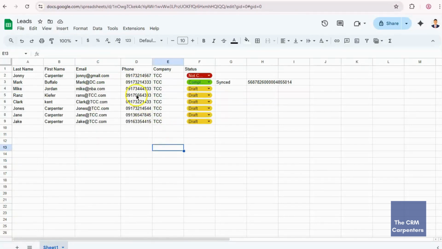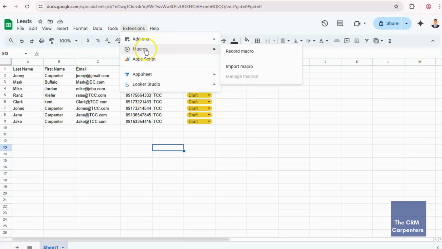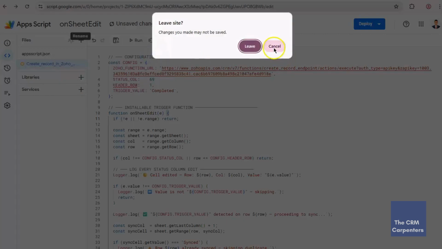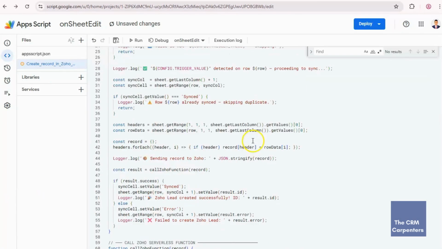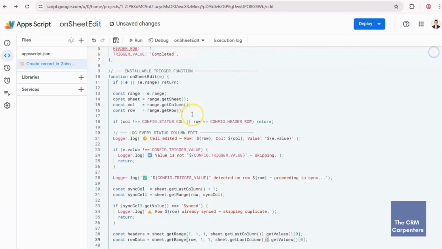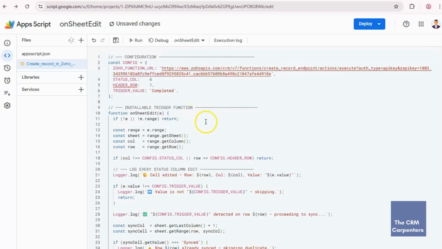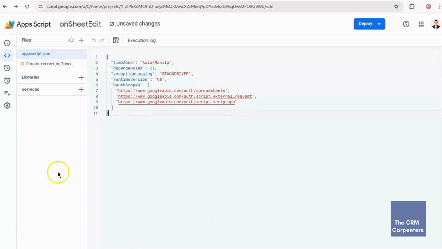And so to begin creating the app script, we need to click this extension tab and click the app script. And so here is the app script ready for us to use. And we will run down each part of the script. Before we execute the script, we also need to set up our app script, because this allows us to execute the app script. These are the important things that we need to set up before that.